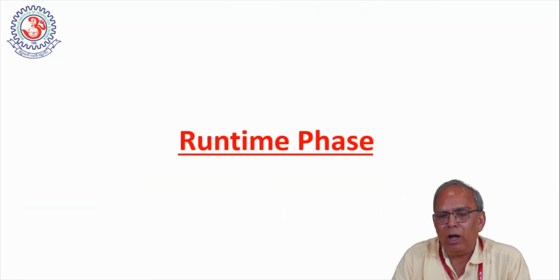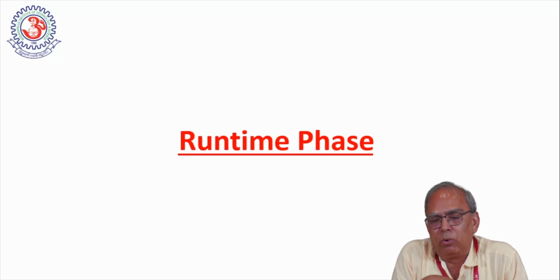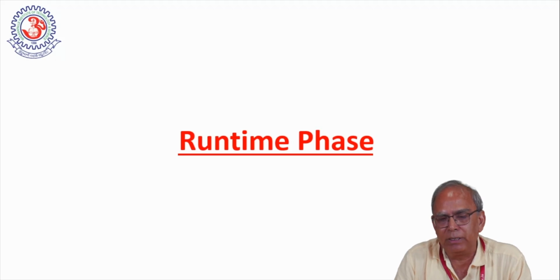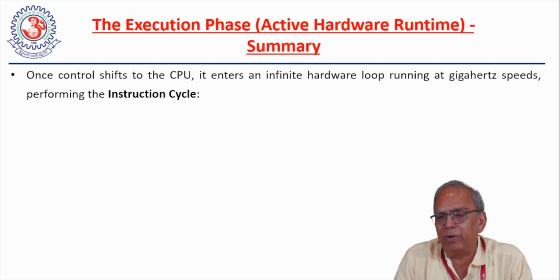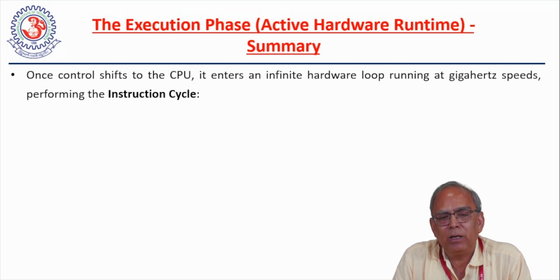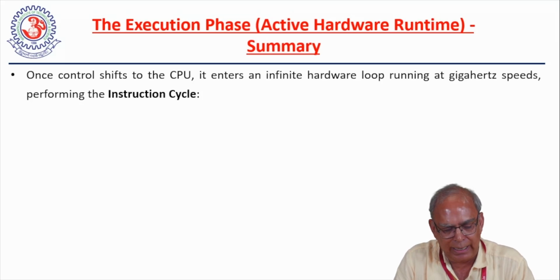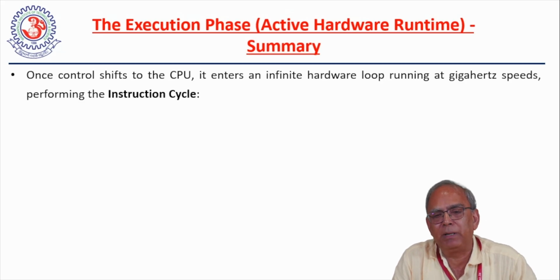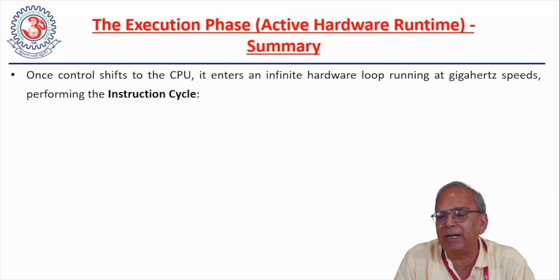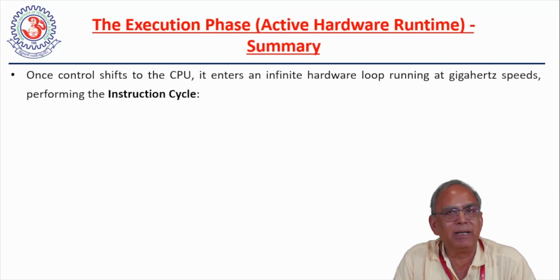Now, once the loader has loaded the address of the first instruction in the program counter, the next process begins. This is what we call the runtime phase. Once the control has shifted to the CPU, it enters the infinite hardware loop. Why am I calling it infinite? Because the CPU doesn't really know whether your program has such instructions or such a situation may appear where the program execution keeps on happening and happening and happening. A set of instructions is getting executed again and again, because that may be a runtime situation and may not be